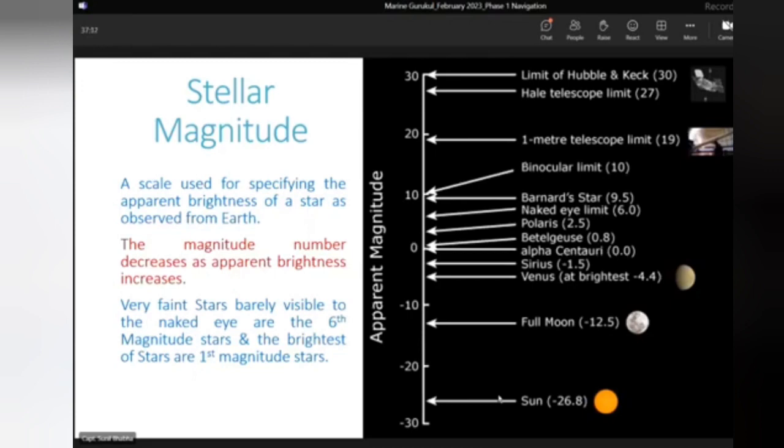Okay, so what is the definition of a first magnitude star and what is the definition of a sixth magnitude star, right? No, sir, just the names. Which are the names? Okay, there is no one star, beta. There are a group of stars which fall under first magnitude and we have a group of stars which fall